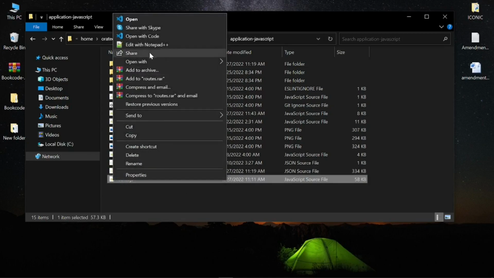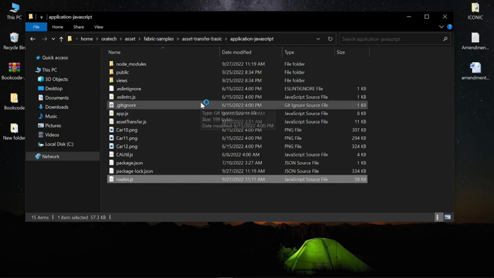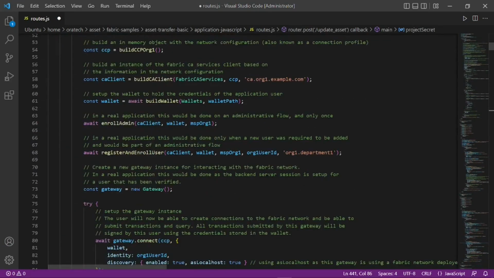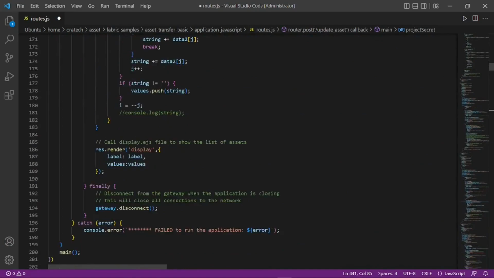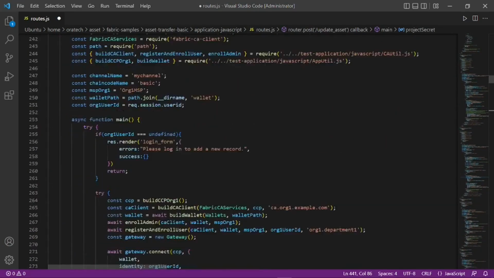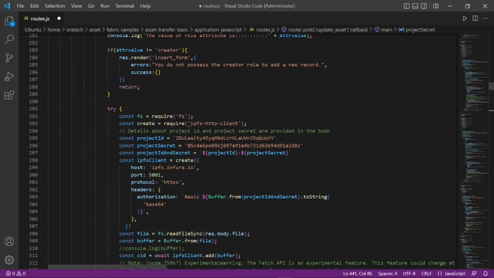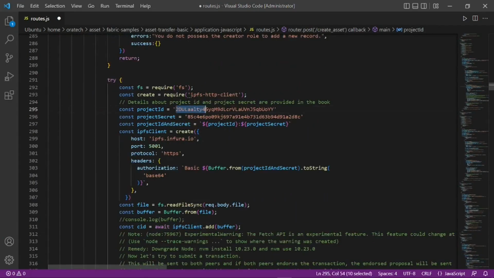Open routes.js file in VS Code. Scroll down to line number 296. Replace project ID and project secret values with those you set in the section Setup dedicated IPFS gateway on Infura